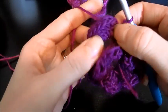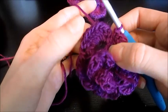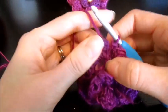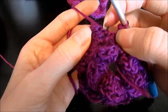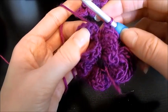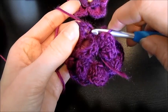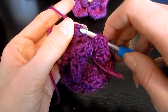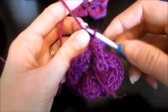To start off round number 5, what we're going to do is add another round on top of this petal, because I want it to be a little bit pointier, so we're going to be creating that shape. And this was our chaining of 3 before, so technically that does count as a double crochet. So what we want to do is insert our hook into the 3rd chain. So you may have to stretch it out a little bit to see. I've got it 1, 2, and 3 here. We're going to slip single crochet into that 1st chain,